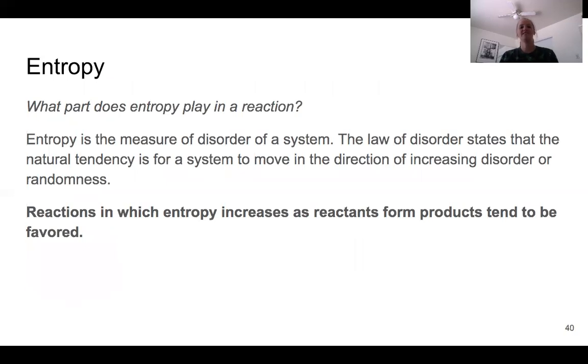So all of this leads into something called entropy, and entropy is fun. So this is 50 through 52. Entropy is the measure of disorder, meaning how crazy something is. Basically, the law of disorder states that the natural tendency for a system is to move in the direction of increasing disorder. Kind of interesting, because I feel like we think of nature wanting to be organized,